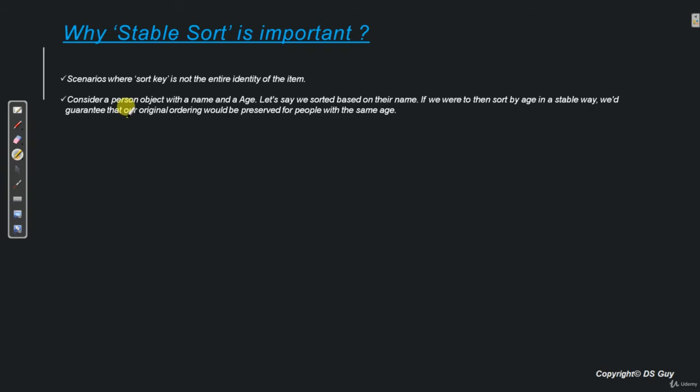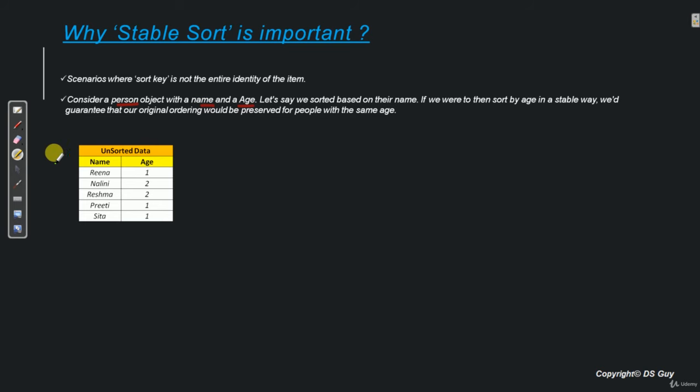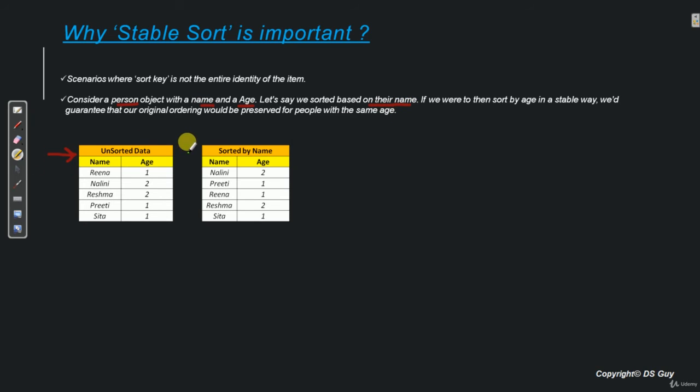Let's say we are given a person object which has the name and age of the person, which looks like this. So we have the names of a few people and the ages of these people. Now let's say we want to do the sorting on the basis of the name. After sorting this data on the basis of name, this is how it will look.